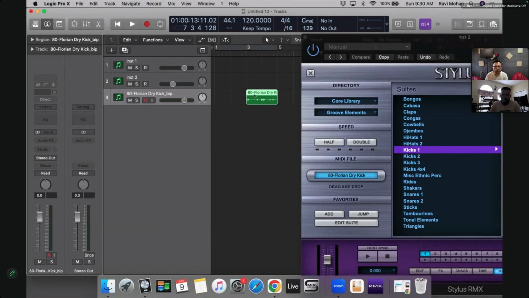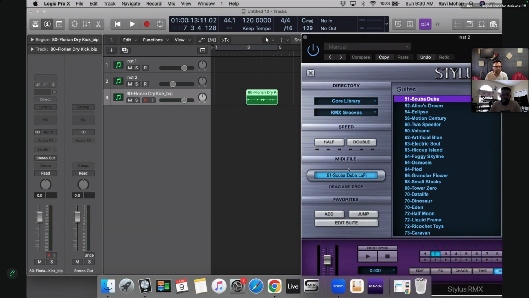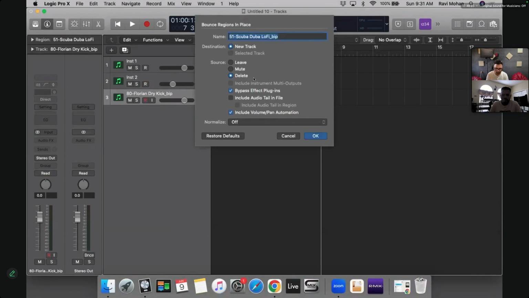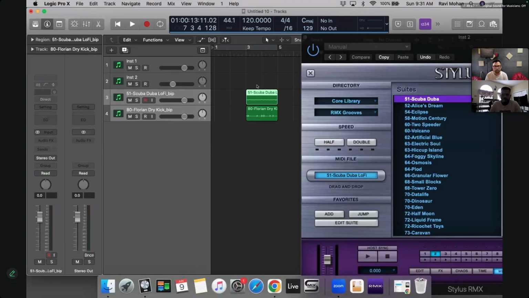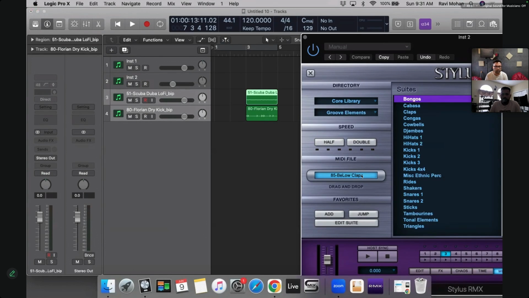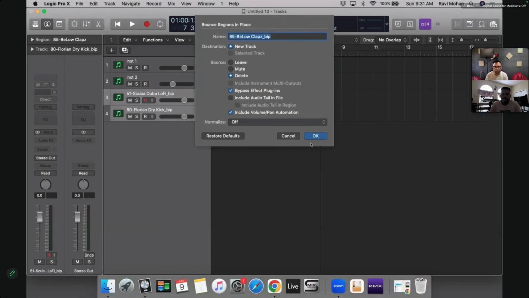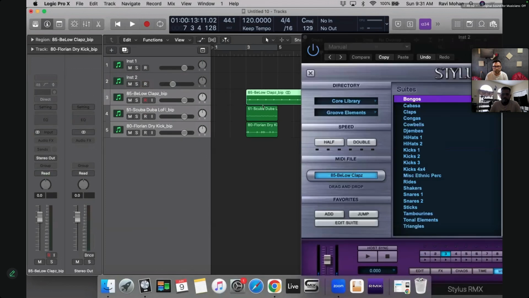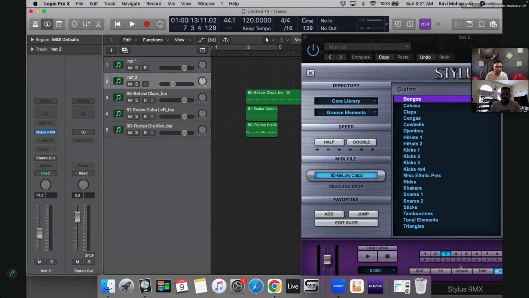Now we have this kick loop. Go to the second thing, putting it here, bounce, bam, done. Go to the third, bounce, fourth.